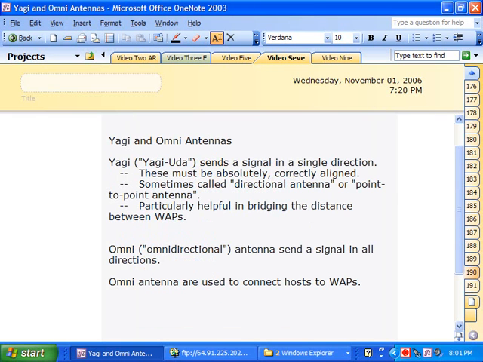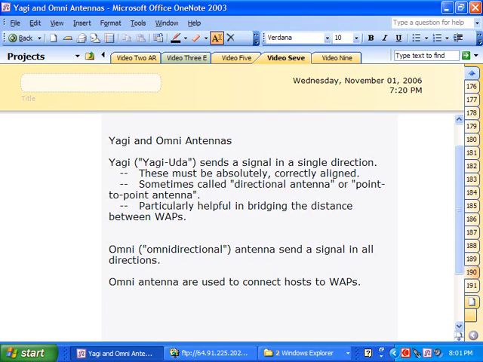One more part of a wireless network we need to address here, though, are our antennas. And we have two major types of antennas in wireless networks, Yagi and Omni. Now, the Yagi antenna, Yagi is actually short for Yagi-Uda. Not sure what Mr. or Mrs. Uda did there to get dropped off. There you go. The Yagi antenna is going to send a signal in a single direction. It is unidirectional. These antennas, to do their job, must be absolutely, correctly, positively aligned, and realigned, and realigned, and